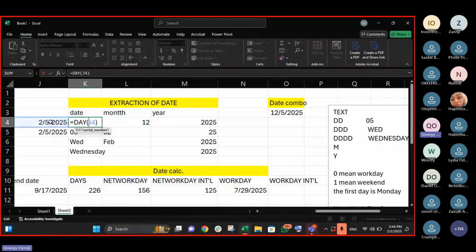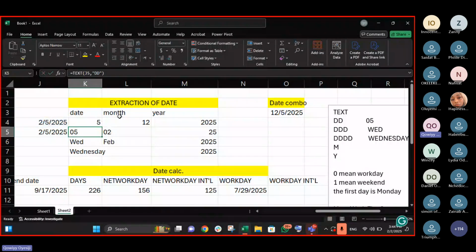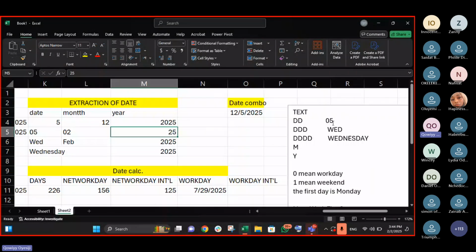Now I said we have another format, which is the text format. For the text format, we have DD, DDD, and DDDD. The first, DD, extracts 05 for you. DDD extracts Wednesday in short, and the fourth extracts Wednesday in full. Same thing for the month. MM extracts 02. MMM extracts FEB.